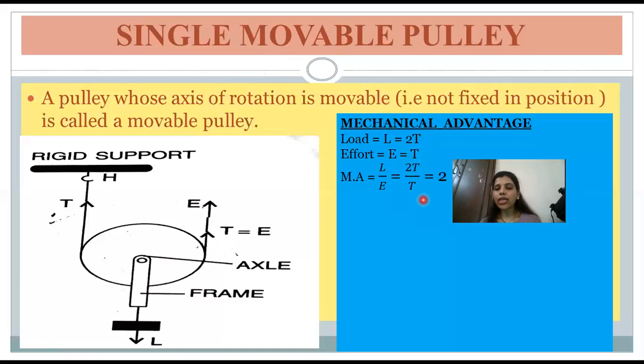In most cases, when you go to a construction site, where they have to lift heavy loads from the ground to the fourth floor or the fifth floor while the construction is going on, you will see they are always using movable pulleys. Many movable pulleys are attached. That is the reason it is acting like a force multiplier, and a single fixed pulley is attached to it so that it will help to change the direction of the effort.